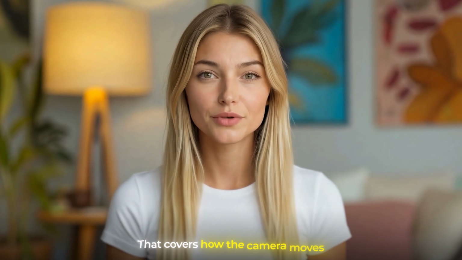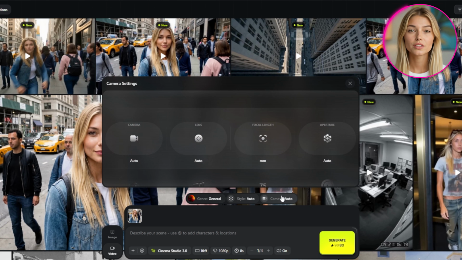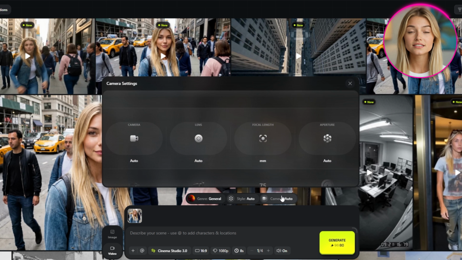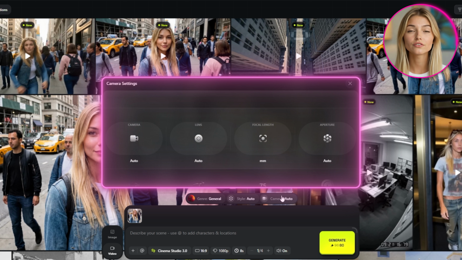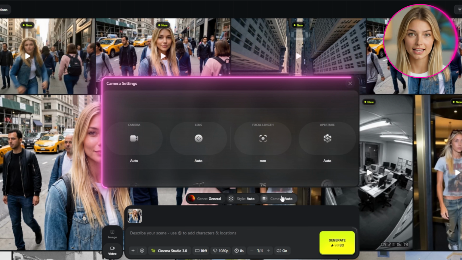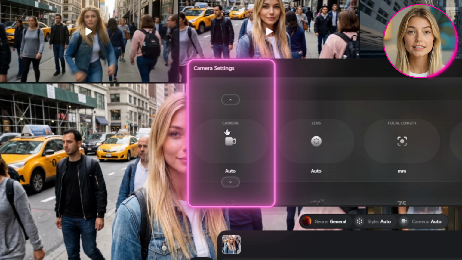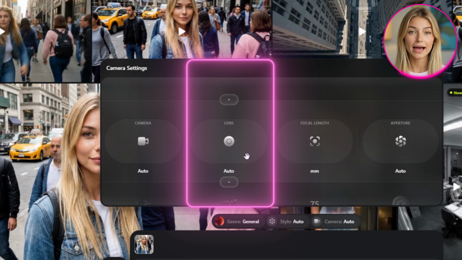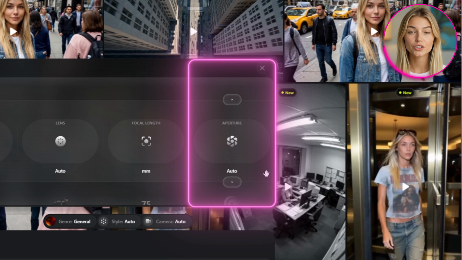That covers how the camera moves, but the last dial controls the camera itself. And that last dial is camera settings, which is the most technical one out of the 3. Instead of one setting, you get 4: the camera, the lens, the focal length, and the aperture, and you mix and match them like a real camera setup. This is honestly my favorite one because the level of creative control it gives you is insane, and there are so many combinations you can try out. The camera sets the base look, clean and modern or grainy and filmic, and the lens controls how sharp everything is and how much the background blurs. Then focal length is how wide or tight the shot is framed, and aperture is how much of the scene